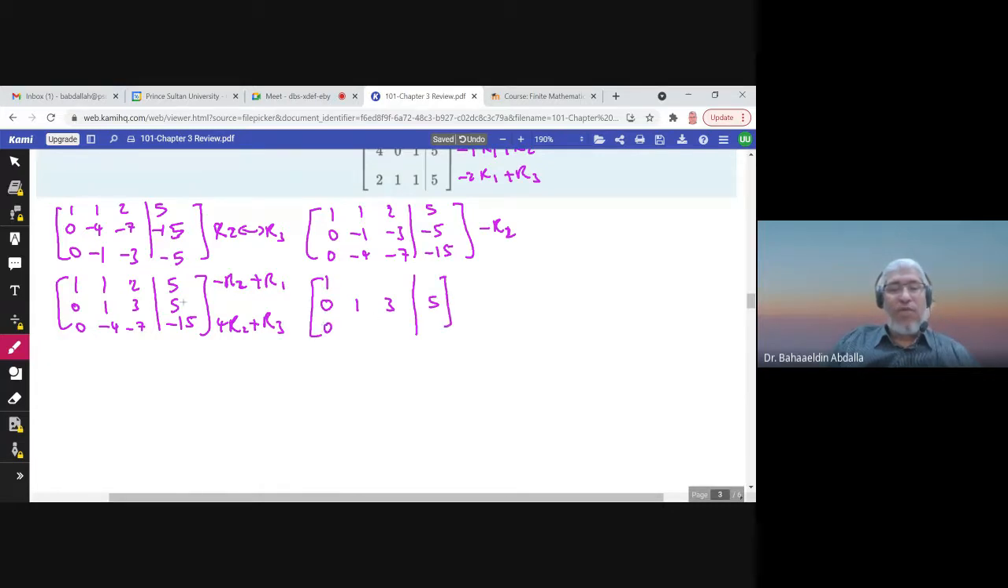And now negative 1 plus 1 is 0. Negative 3 plus 2 is negative 1. Negative 5 plus 5 is 0. And 4 minus 4, 0. 8 minus 7, 1. 20 minus 15 is 5. This number is 1. I am lucky, so